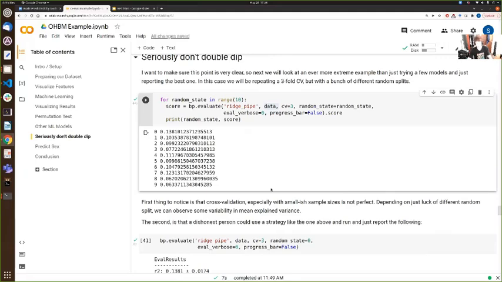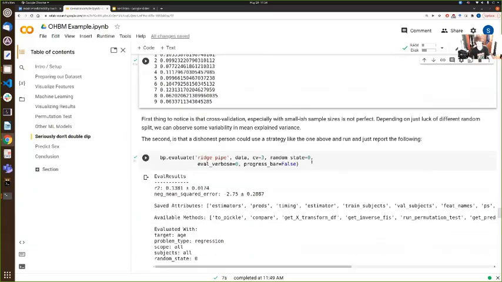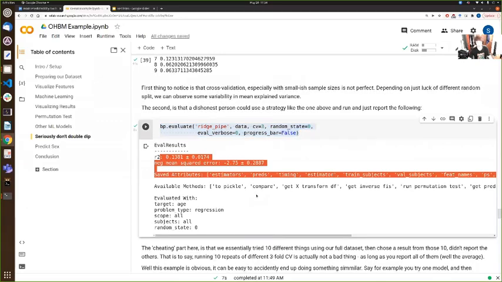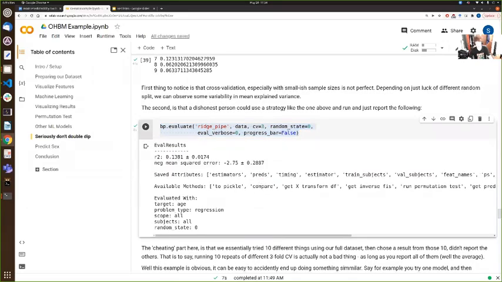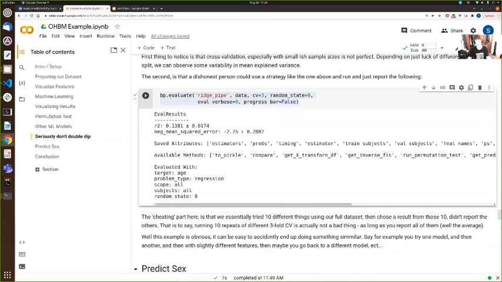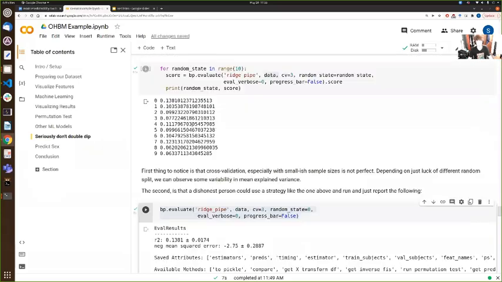So the extremely dishonest thing to do in this case would be to change the random state a bunch of times, see the one that does the best, random state 0, run just random state 0, and pretend that those were your results the whole time. Now, that's clear-cut dishonesty, and also cheating, but it can be easy to accidentally end up doing something similar to even just this obvious example of trying a bunch of things, seeing what works the best,